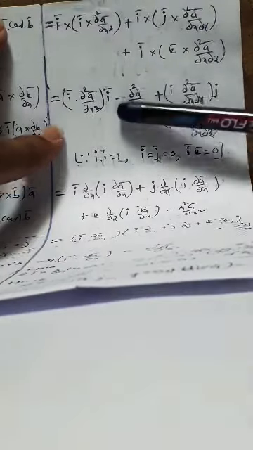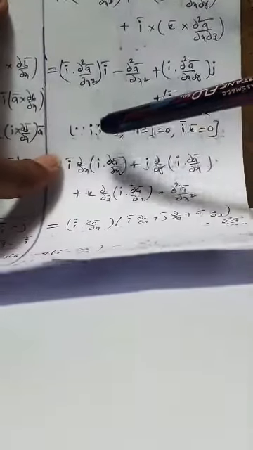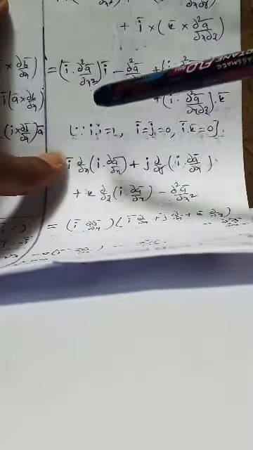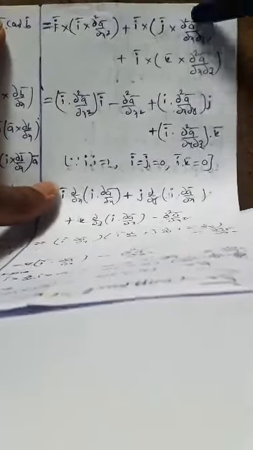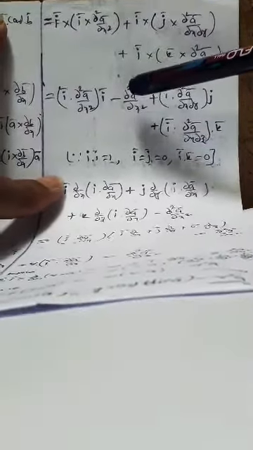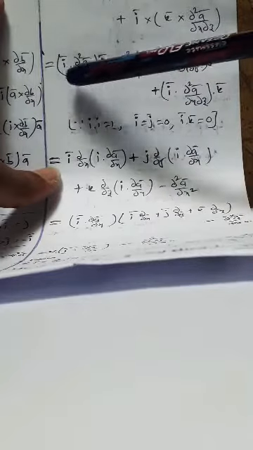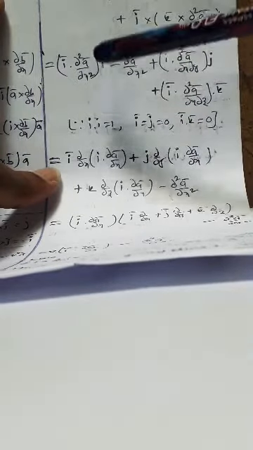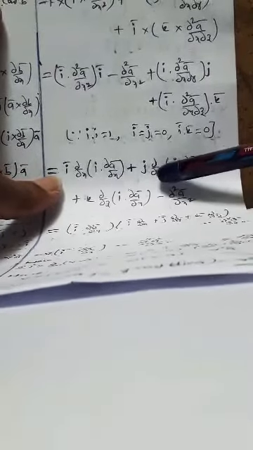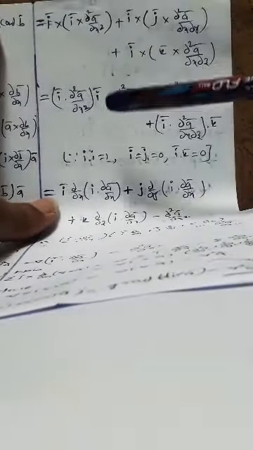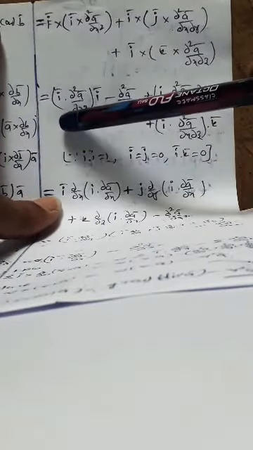So here we have seen that a cross of b cross c formula just now, and here mentioned that I dot I is equal to 1, j dot j equals 1, k dot k equals 1. Whereas I dot j equals 0, I dot k equals 0. By substituting in that way, we got this value. And after that, I dou square, this can be written as I dou by dou x, you may write outside dou by dou x of I dou by dou x plus this one. Clear?